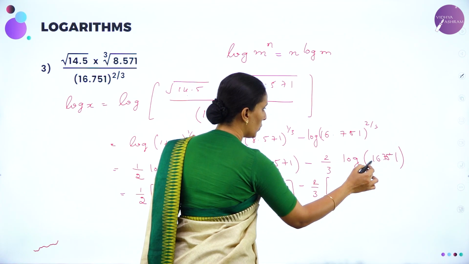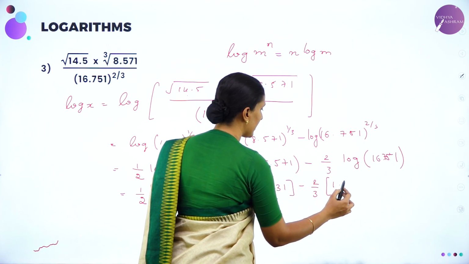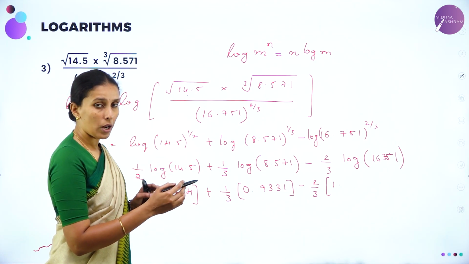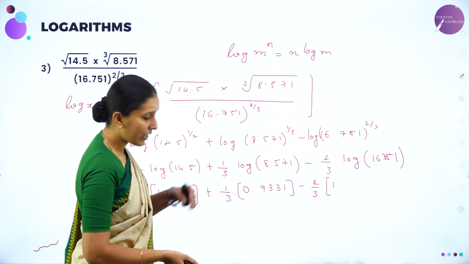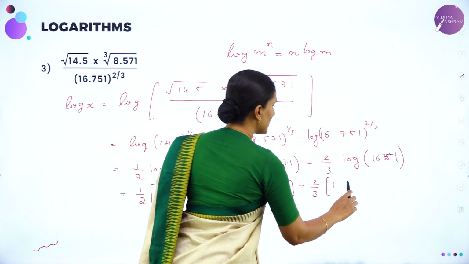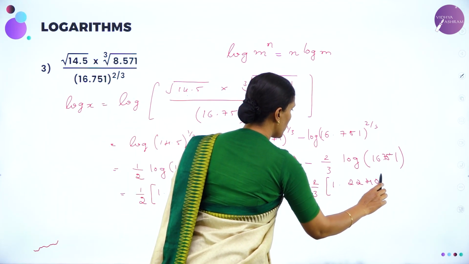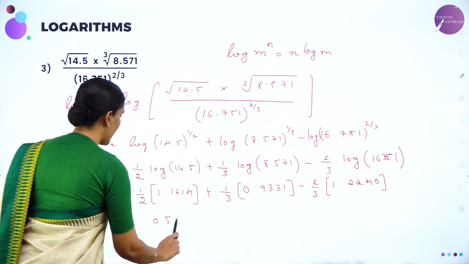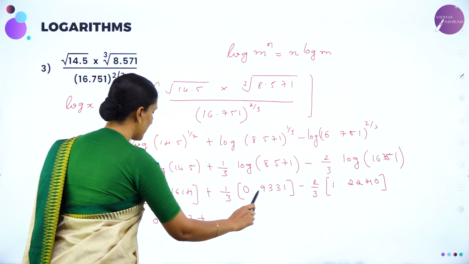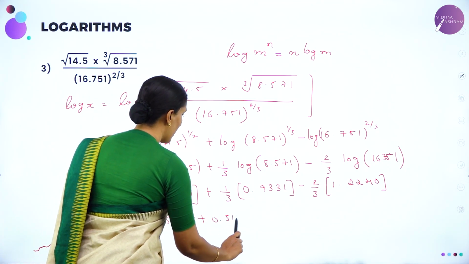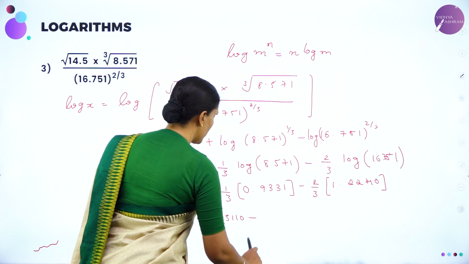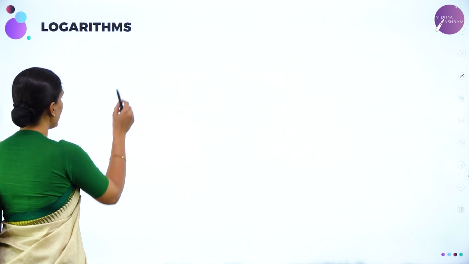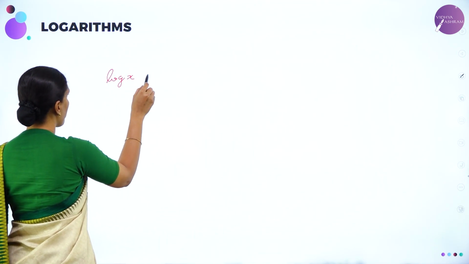Next, we have minus 2 by 3. It's a 2-digit number. So, 16. So, the characteristic is 1. Now we will take the value in a row containing 16, column headed by 7 and then column headed by 5. We can neglect 1. So the mantissa value is 2240 using log table. Now evaluating this, we'll get the value 0.5807 plus 1 by 3 into this is 0.3110 minus 2 by 3 into this is 0.816. So simplifying this, we'll get log x is equal to